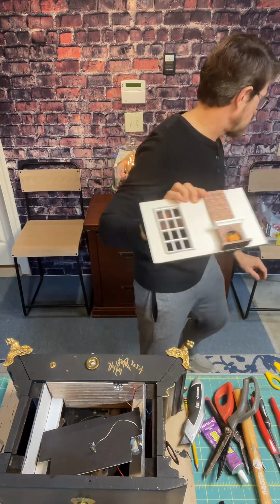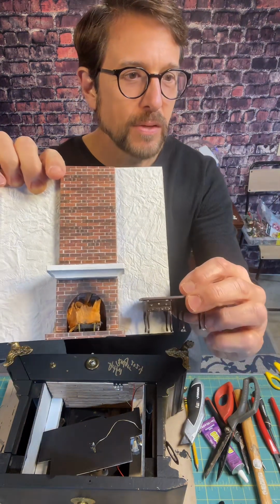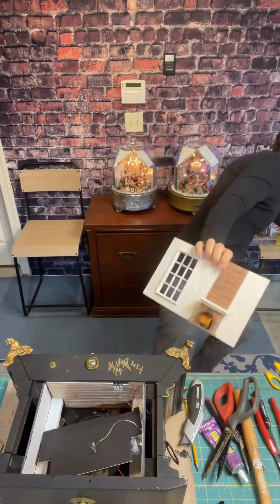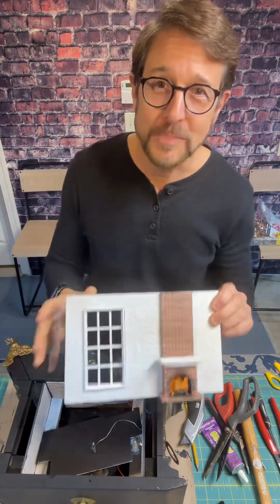So when I'm looking for, here's another table. Kind of see how that looks, a little bit better scale-wise. So when I'm looking for these little trinkets and things like that, I'm looking for something that's to scale, and